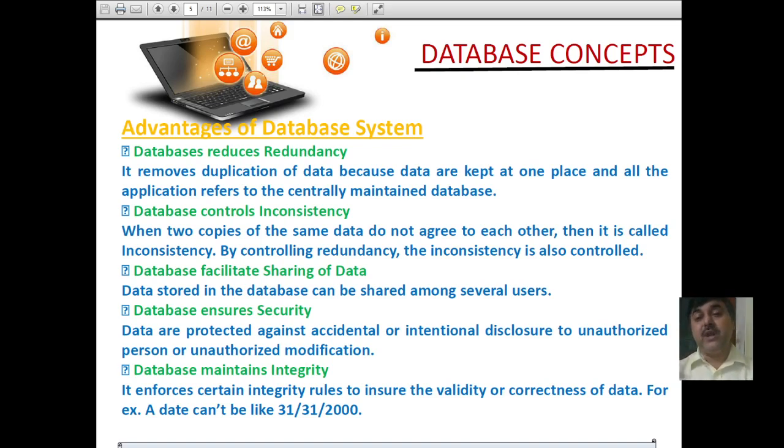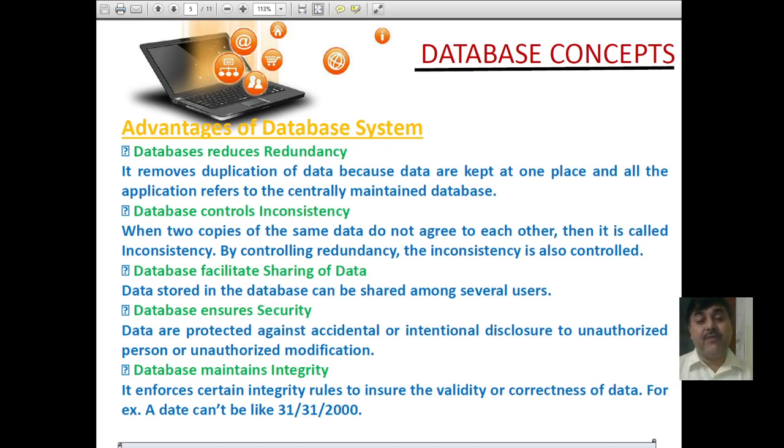So this is what, therefore, regarding redundancy: the government doesn't have to write your name and your details everywhere; only one number can uniquely give it. So this is what we say, that it is going to reduce redundancy, the matter of redundancy, which means the thing coming again and again. Okay, now the database controls